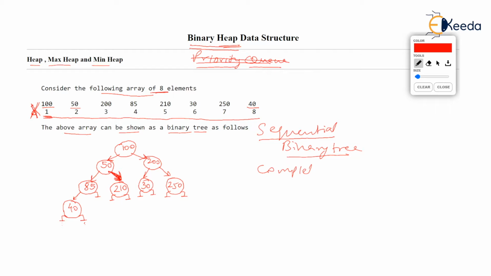In one of the videos about introduction to binary tree, there was a video labeled terms used in binary tree. We have discussed the complete binary tree. In a complete binary tree, every level is full except the last one.